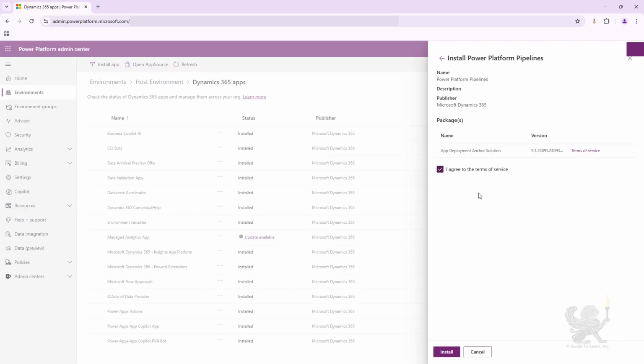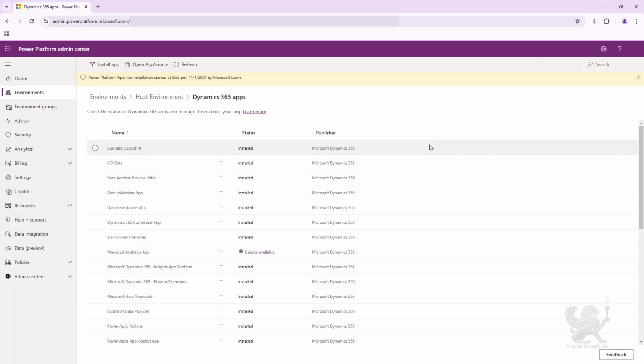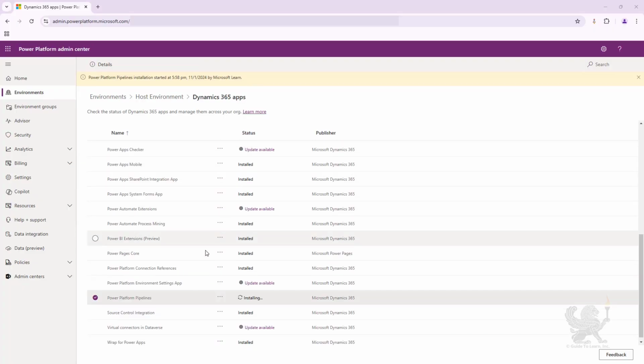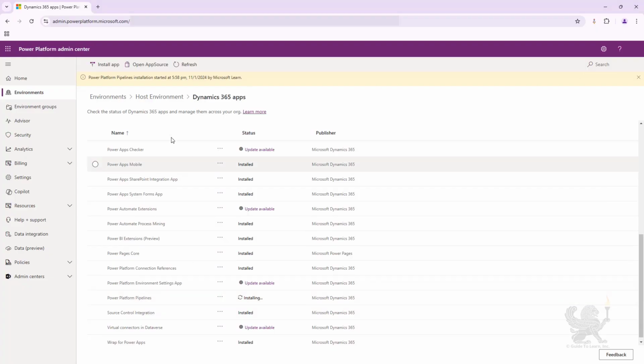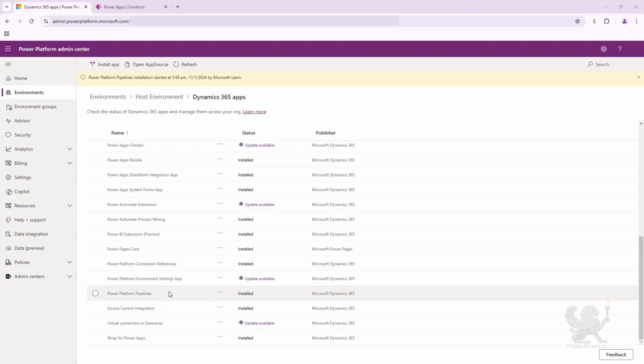Select the app, and then all you need to do is agree to the terms of service, and that will install the Pipelines app in the background. This will take a little while to deploy. You need to wait and check when it has finished installing. Once the app has been installed,